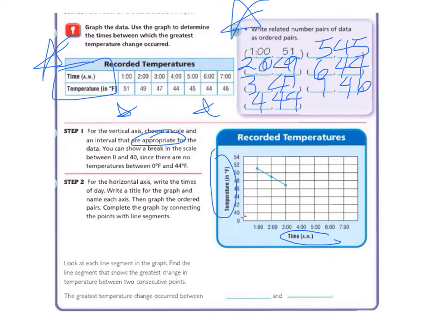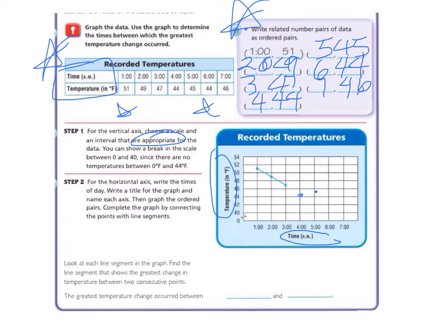And we're going to complete the graph by connecting the points with line segments. So they started off our graph. They graphed the point at 1 o'clock and 2 o'clock and 3 o'clock. So we need to graph the points at 4 o'clock. So 4 o'clock was 44 degrees, so we go across to the 4 o'clock and up to 44 degrees, and across to the 5 o'clock and up to 45 degrees, so that's halfway between our 44 and our 46, and